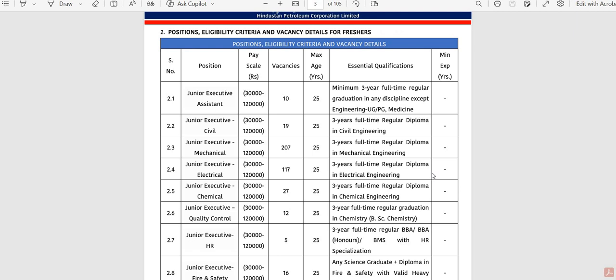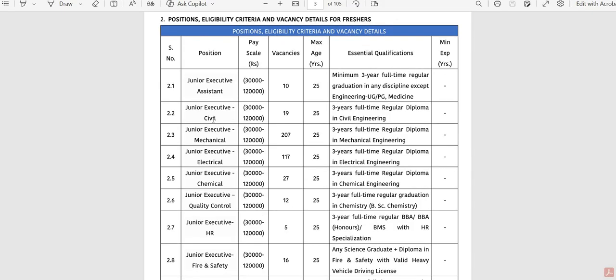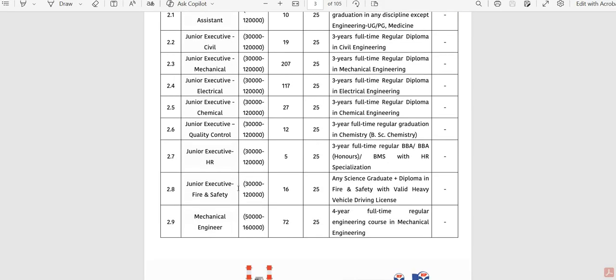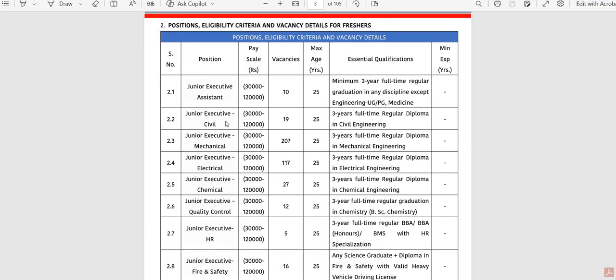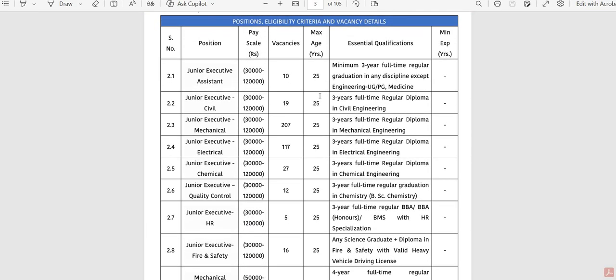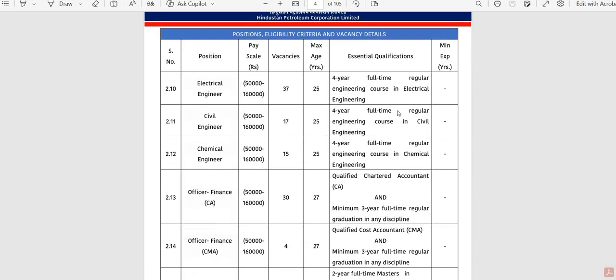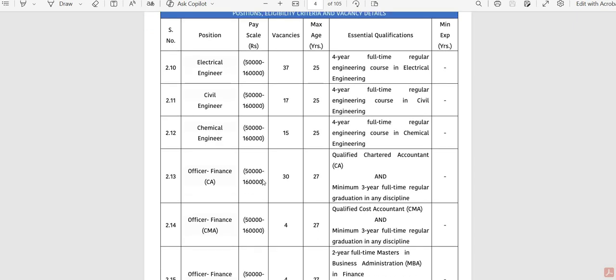So if you see here, they have so many open positions and vacancy details, for both the freshers as well as the experienced graduates. So the junior executive assistant for different branches and streams, it can be civil, mechanical, electrical, chemical. For all the roles, they also mentioned the salary structure, the vacancies, the age, as well as the essential qualifications. So you can go through this. For each and every position they have mentioned the pay scale, vacancies,